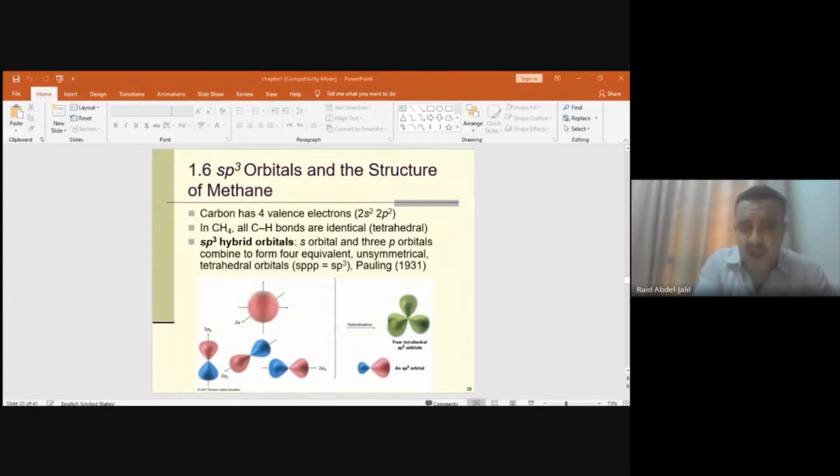Why? Because simply, according to the electronic configuration, in the 2p orbitals we have 2 electrons, and every electron is in one p orbital, and therefore the maximum number of bonds the carbon in the ground state can make is 2 bonds. But what we know as organic chemists is that carbon always makes 4 covalent bonds. So in order to explain this, we need to introduce